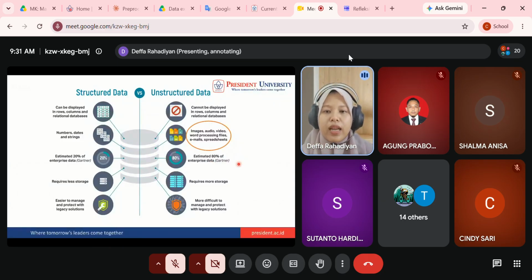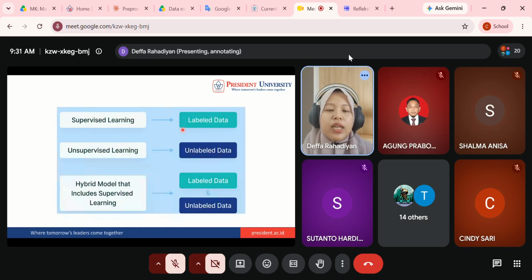Now, what is the difference between supervised, unsupervised, and hybrid models? We also have hybrid, which is the combination of supervised and unsupervised. For supervised learning, it means that we have labeled data. For example, I have spam and non-spam data and I need to do spam detection.